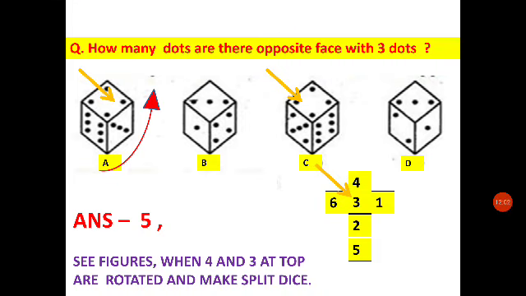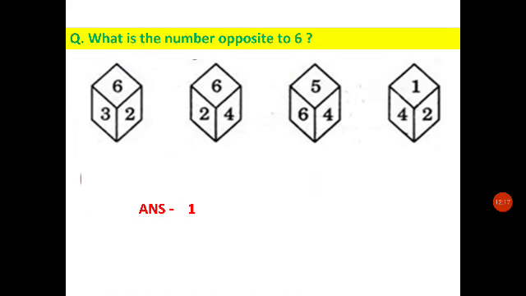These cube and dice type questions are actually very difficult questions. So I am explaining them in detail and giving you enough time to see the slides. Now let's see the next figure. What is opposite to 6? So again 4 dice are given. Actually it is the same dice but in a rotated manner, and this is actually a standard dice. So if you know this is a standard dice, then immediately you can give the answer as 1.